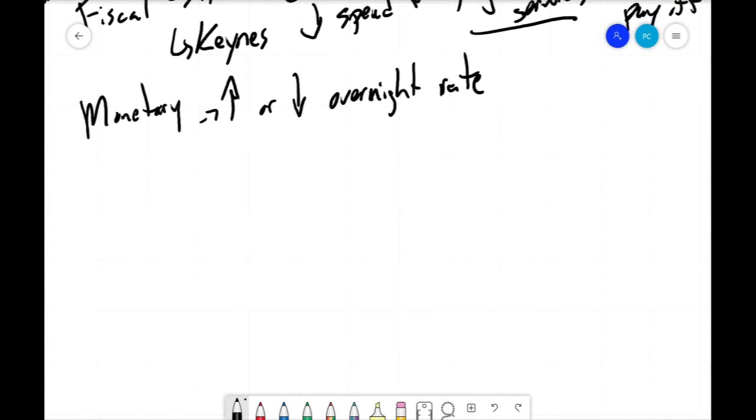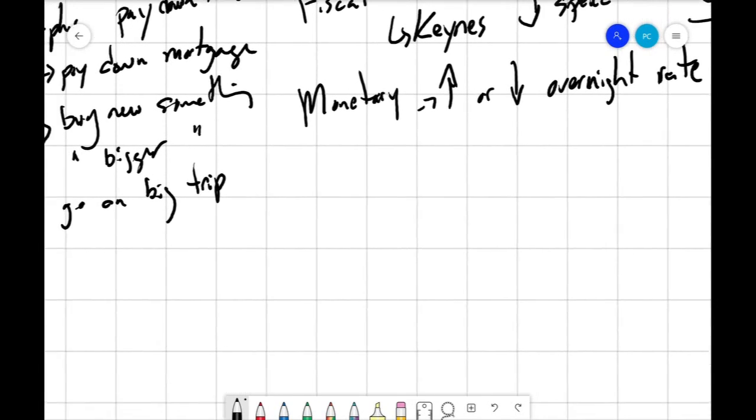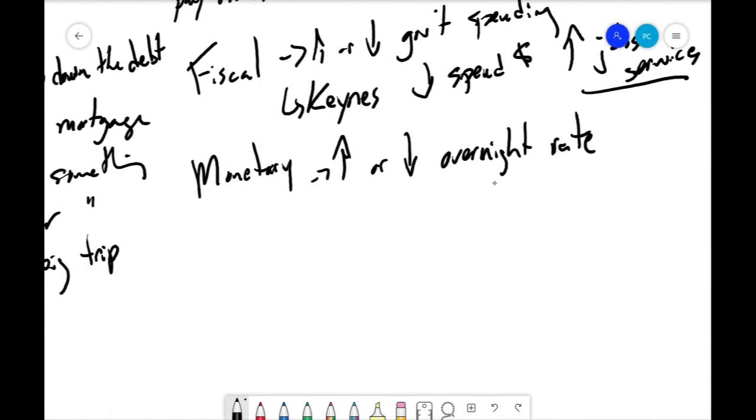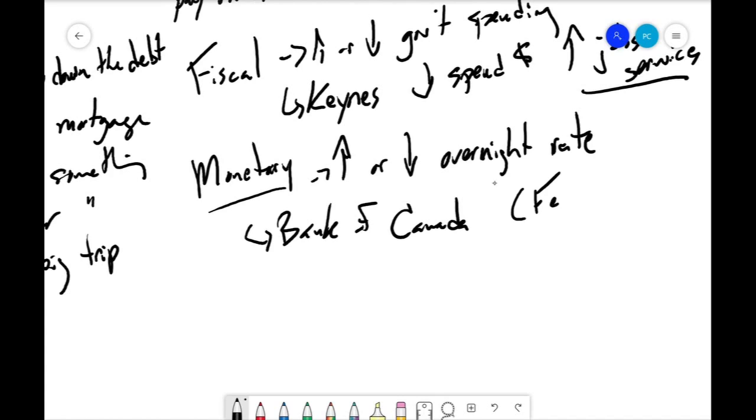Okay, moving on. So where am I? Monetary policy, right here. There's a bad boy right there. So monetary policy, that is the Bank of Canada. And the Bank of Canada has quarterly reports. In the States, they call them the Fed for short. Obviously it's not the Bank of Canada down there. But the Fed is usually what you hear about doing their quarterly report. And they basically come out and say, we're going to increase or decrease, right, the interest rate.